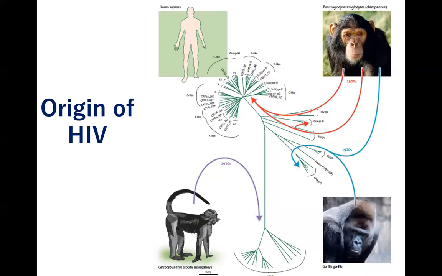And also some of these monkeys are kept as pets, so there's also very close interaction, but mainly from game meat. So those are the hypotheses that are there. I know there are many other hypotheses out there, but those are the scientific hypotheses that do exist. And some of the scientific backing for those hypotheses is that